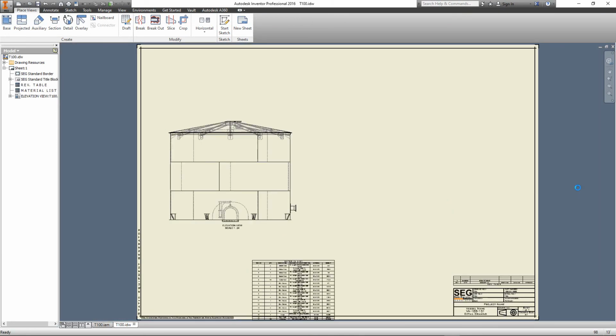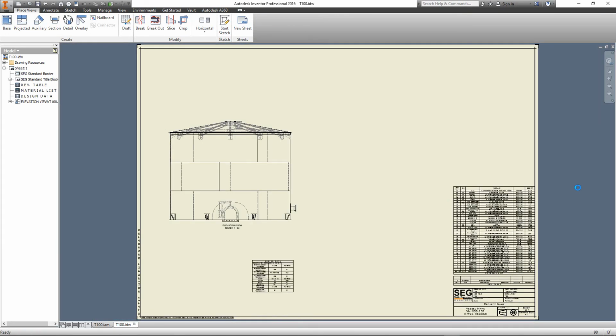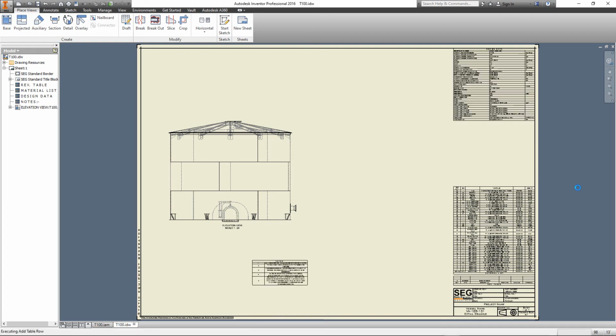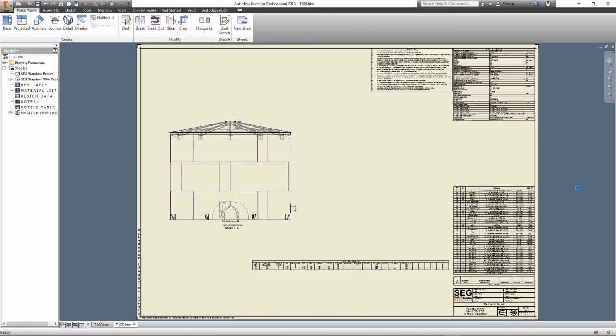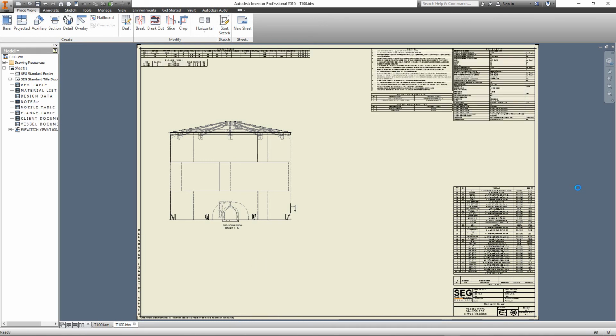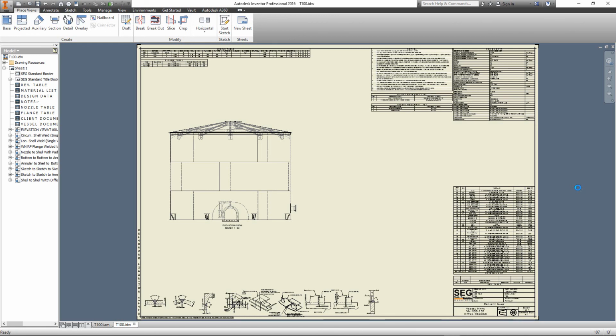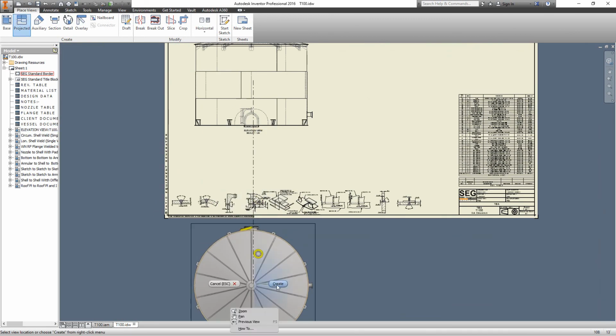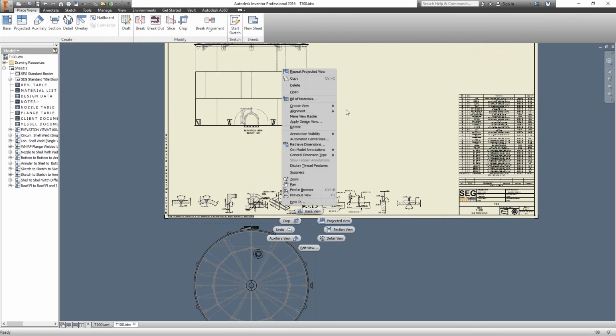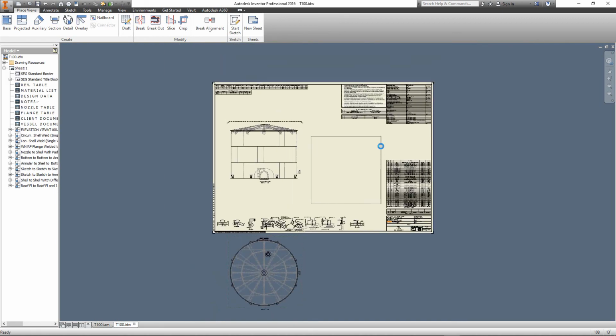Now we have the revision table, bill of material, design data table, the notes, nozzle table, flange table, client document list, vessel document list, and the building details. Now let's add manually a top view for the storage tank, and let's move it beside the